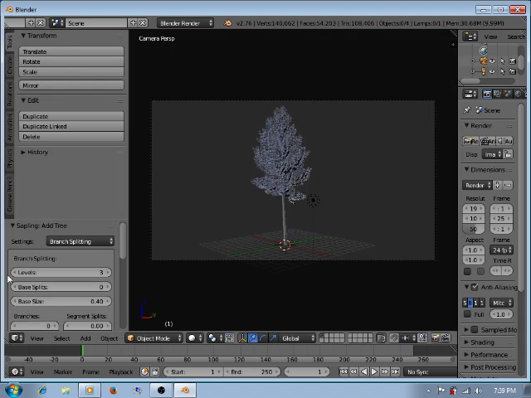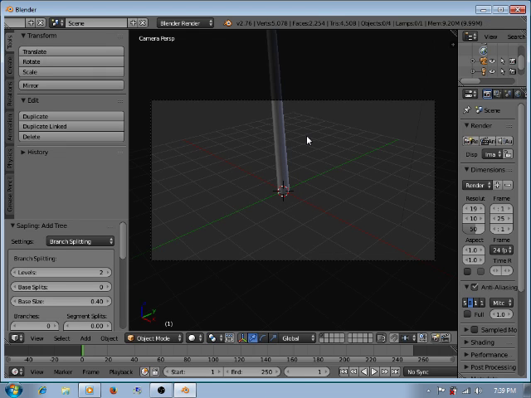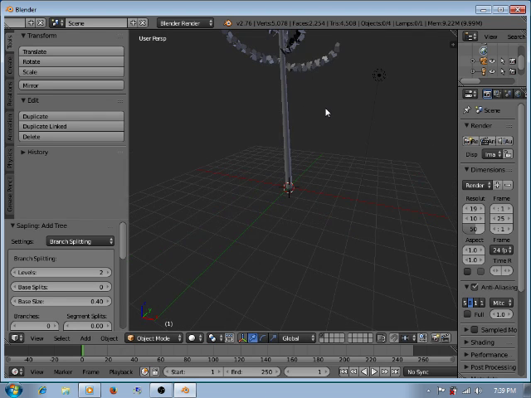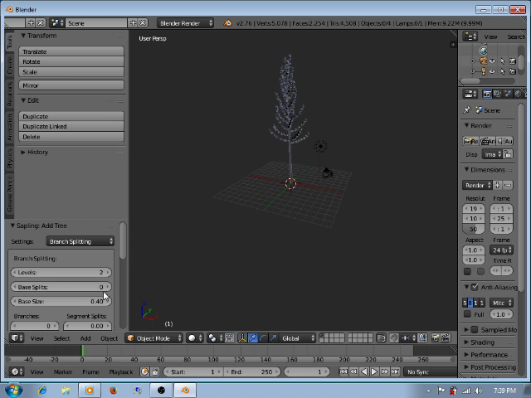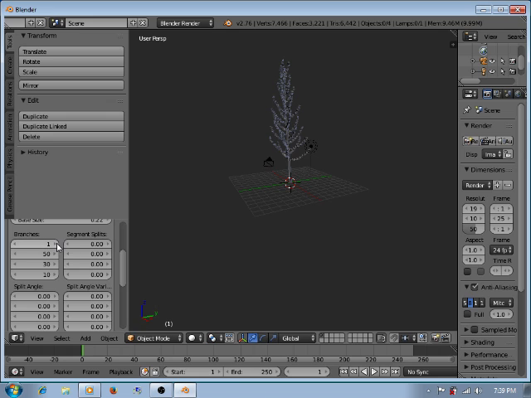Anyways, I'm going to split it down to 2 again. And look, that was at like 56,000 faces, now it's at only 2. So you can do it so it has multiple splits in the base. That actually does not look too bad. Increase the size, decrease the size. I'm going to keep it more lower to the ground. Let's go up one. How about no splits? Okay. So now this is all just stuff you have to play around with.